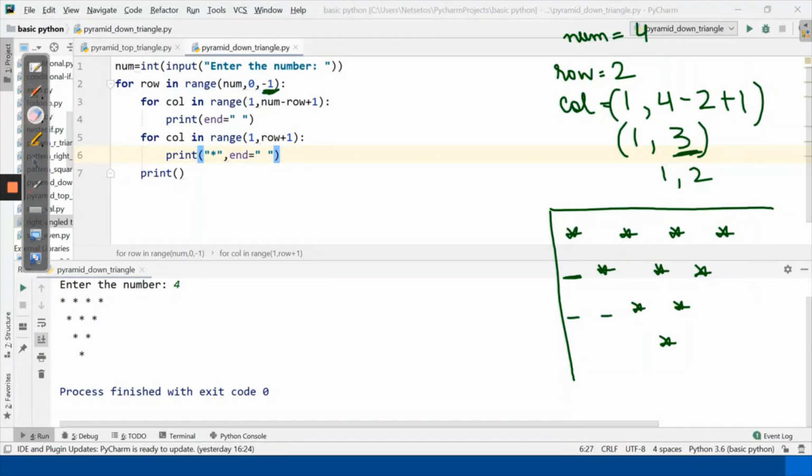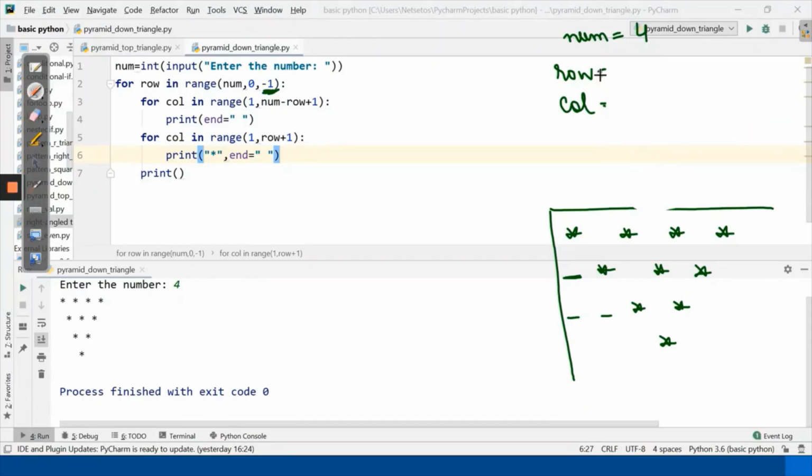Then we will go for row 2 minus 1 is 1. And column will run for 1 to num minus row, 4 minus 1 plus 1. So here 1 comma 4, that means 1, 2 and 3. 4 won't be executing because the last value is never taken in Python range in a for loop.